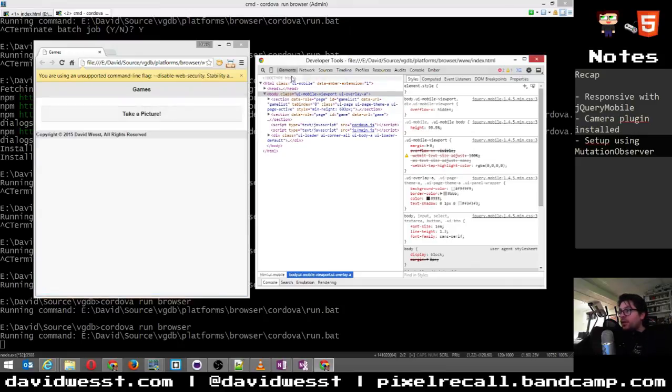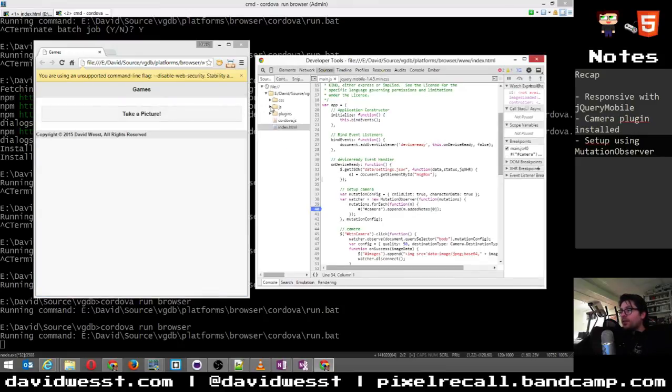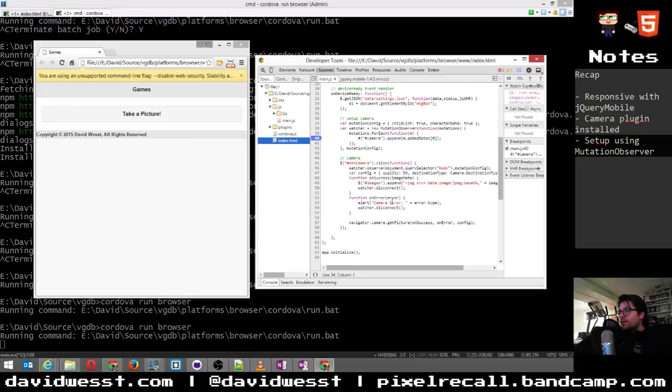We'll click the capture button, and then if I go to my source, it'll hit our breakpoint over here. So images.append, and then it's going to inject that data into there.